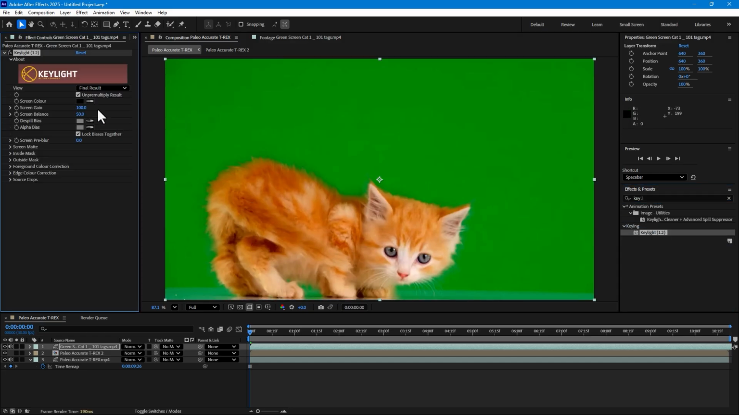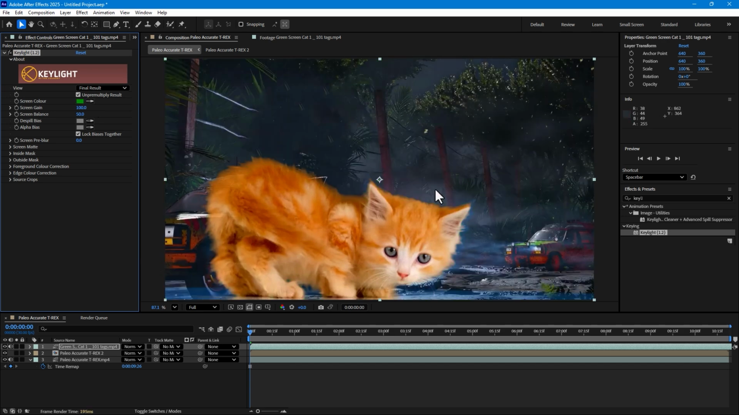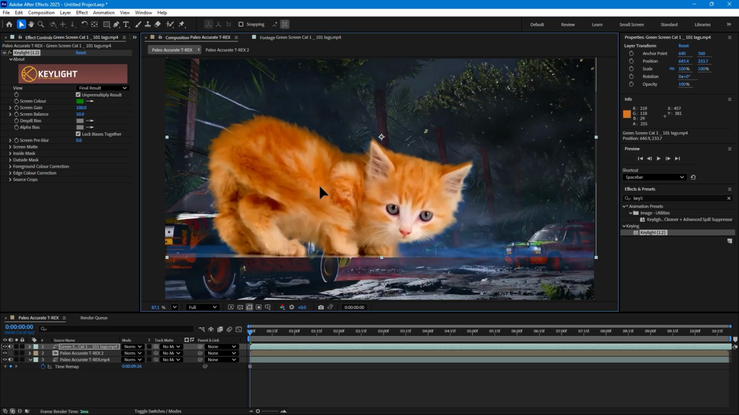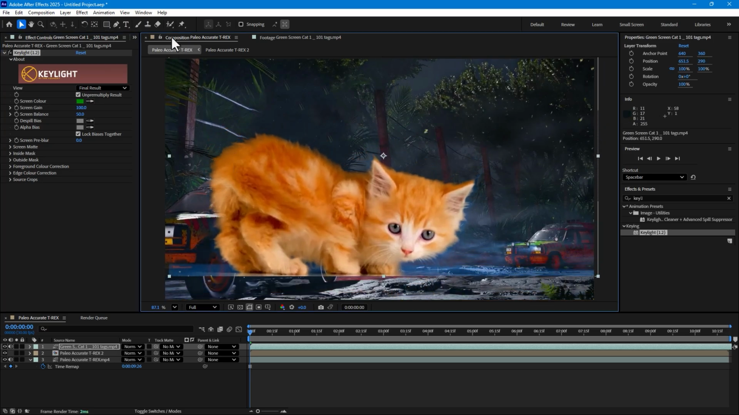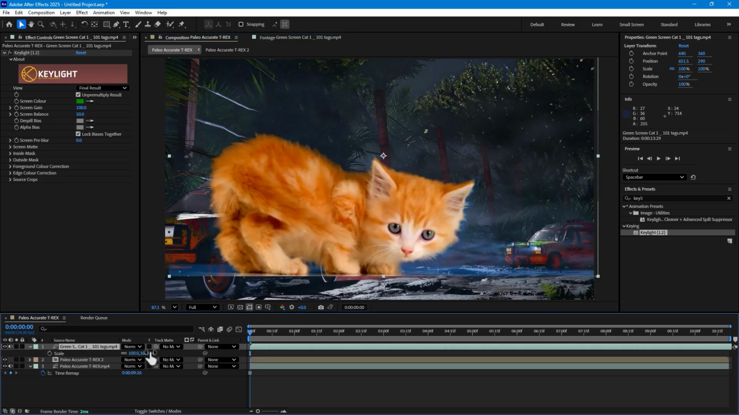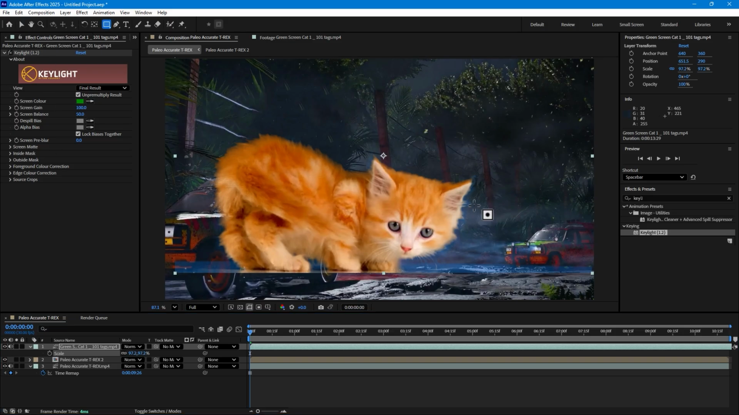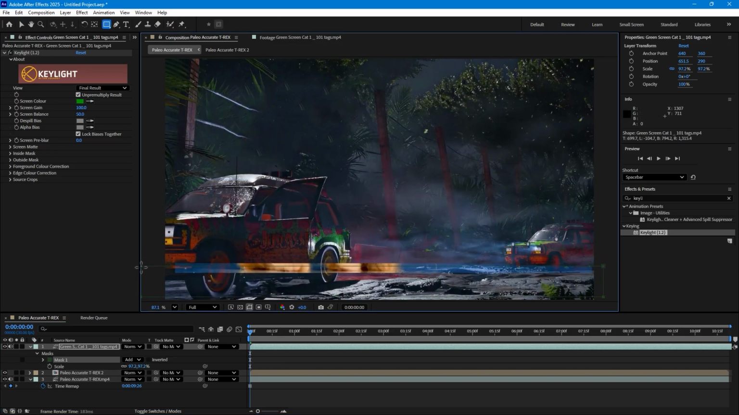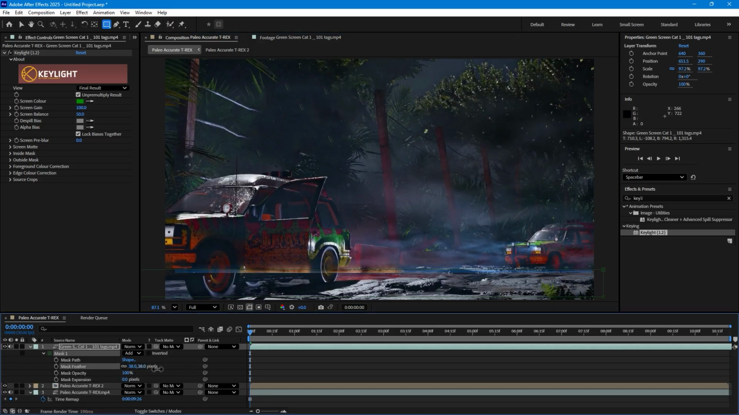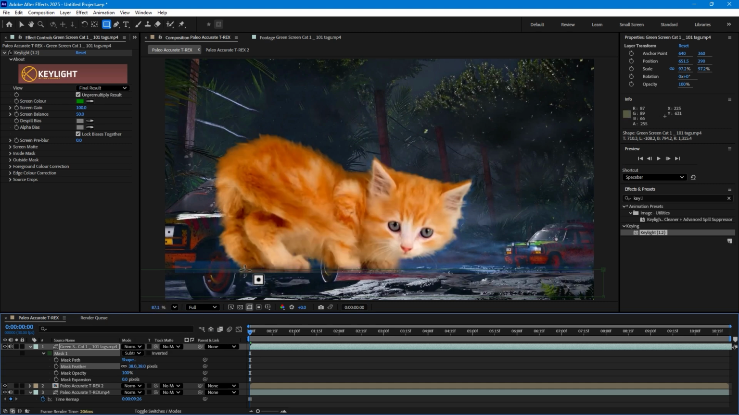Click on Effects and Presets right here, Key Light. Apply the Key Light and remove the green chroma key, and now move the cute cat right there, and you can mask. Select, press S, scale down the size and make a mask like this. So press M to make a little bit of feather, then click on Add, change to Subtract. So and now you can control like this